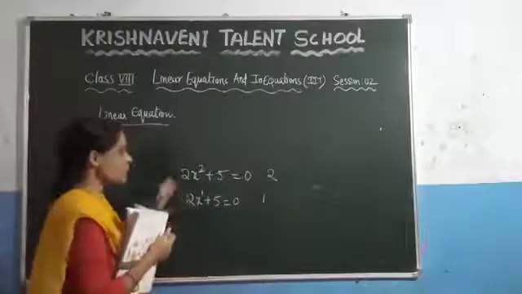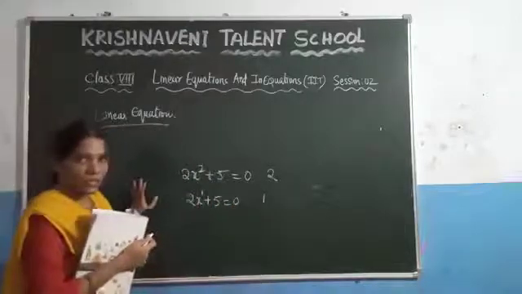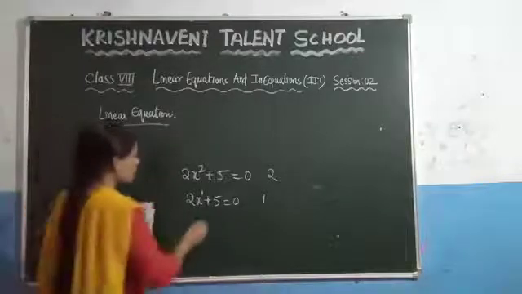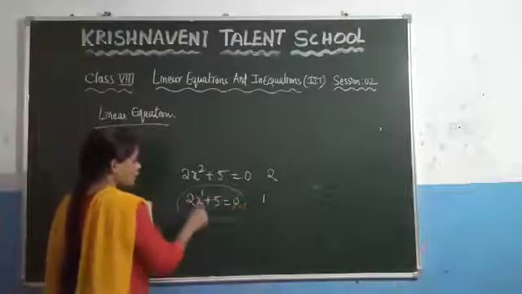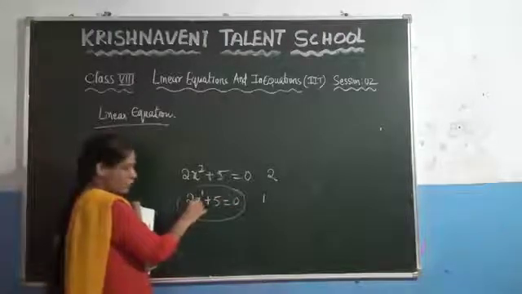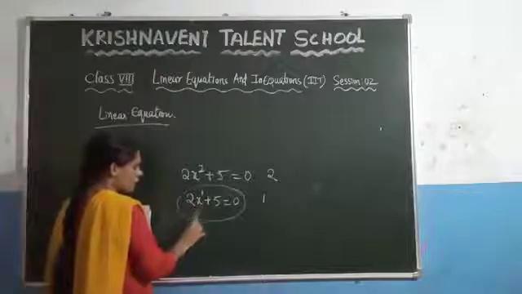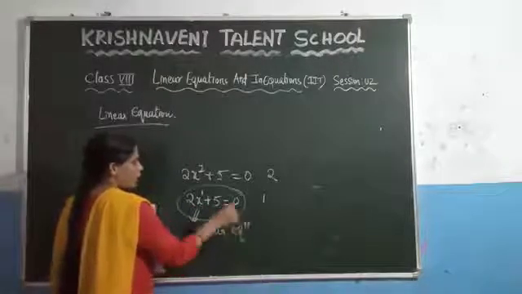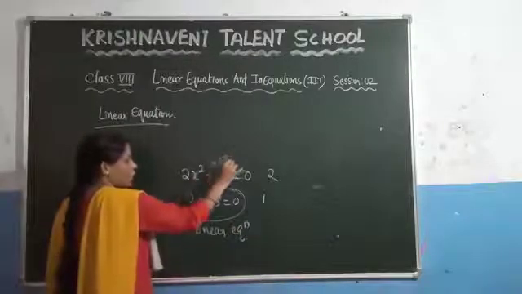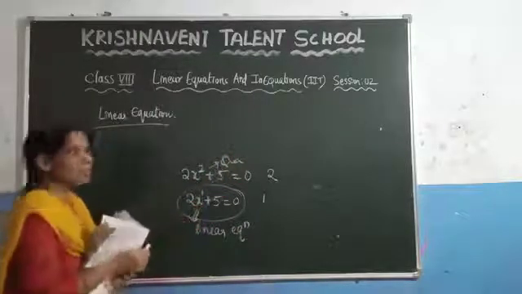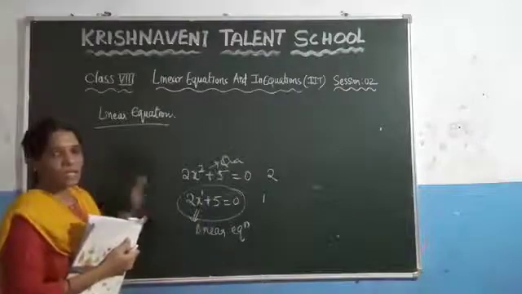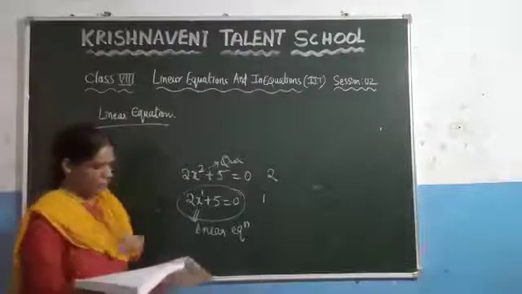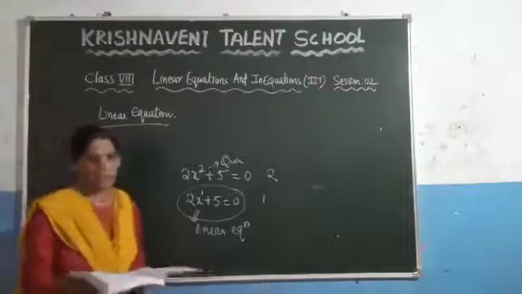So what is meant by the linear equation? If the degree of the equation is 1, we call it a linear equation. If you consider this one, you can observe that in this expression the degree is 1, so we can say that it is an example of the linear equation. And if the degree is 2, we call it a quadratic equation. Again, if the degree of the equation is 1, we call it a linear equation. Now see the next one, which is simple equations.